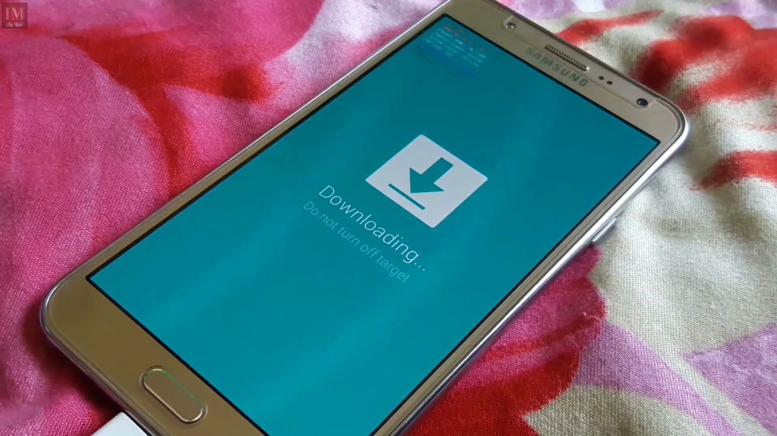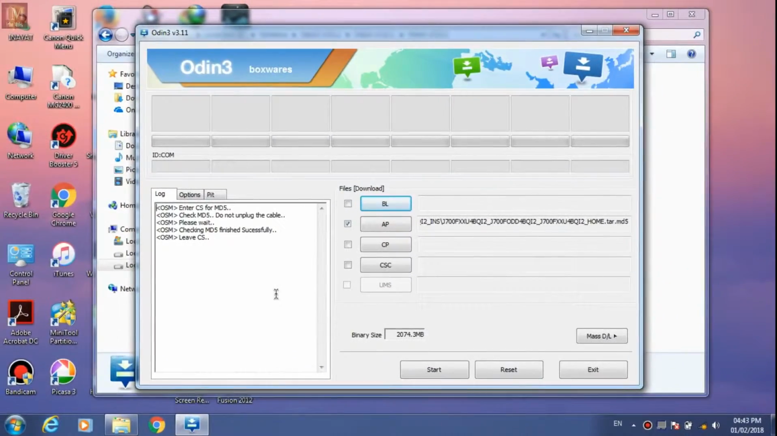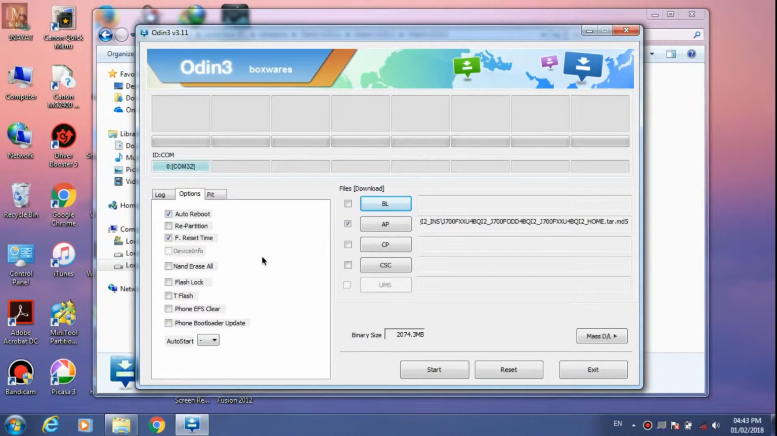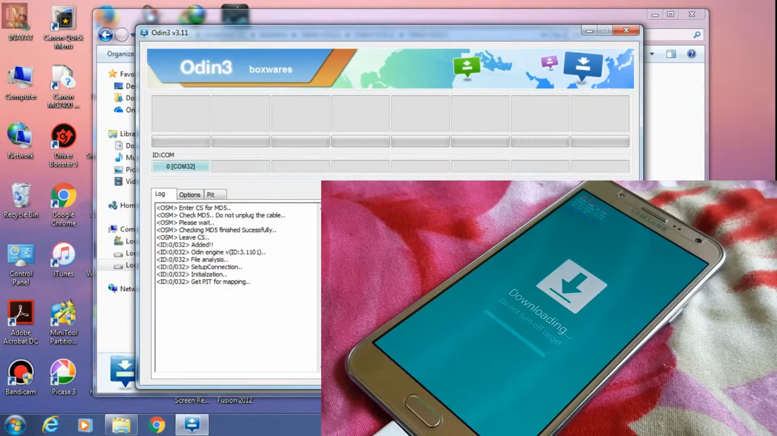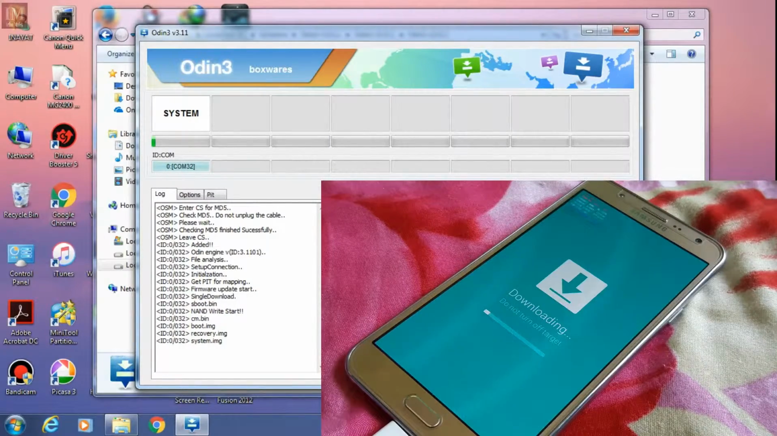Now on your PC you will see "Added" written. Once it has been added, just click on start to start the process. If "Added" is not written, then you must install the latest drivers of your phone. Once it has started you can see the process on your phone too. After the process has been completed,